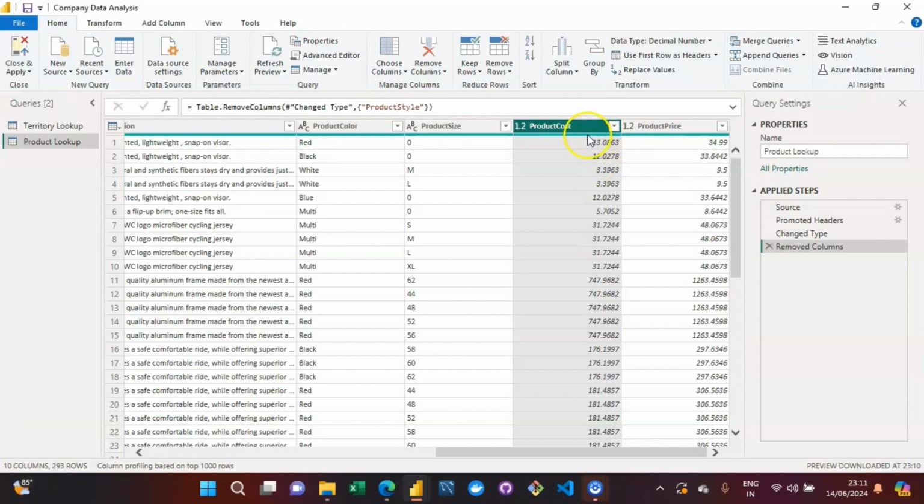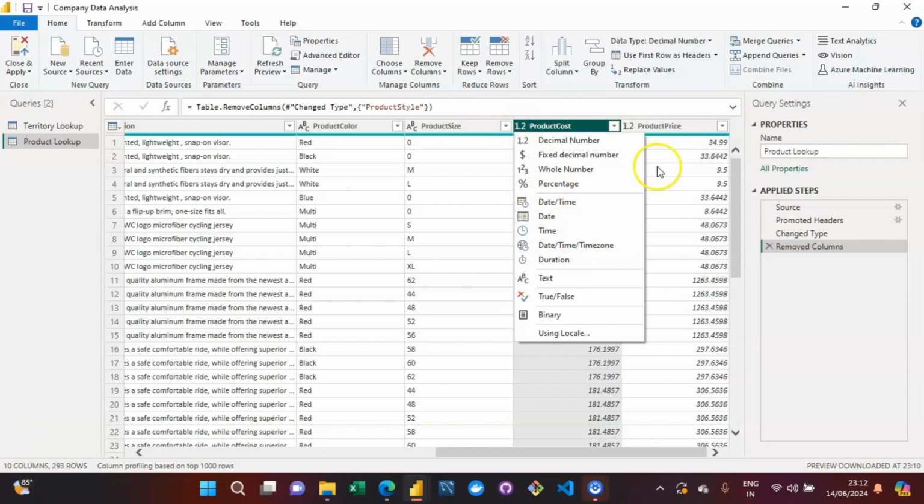But over here, just because we have columns like product cost and product price, instead of keeping them as a whole number value, it's better to keep them as a currency value, right? And the data we have is priced in dollars. So I'm going to click on shift over here, and then I'm going to select this option, and now I can directly choose its data type,